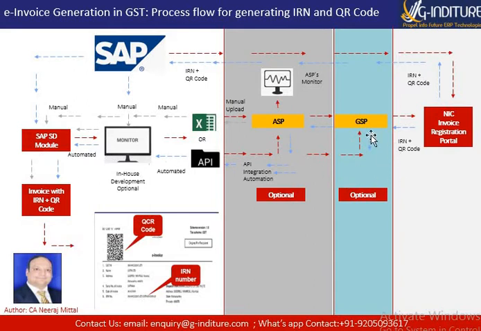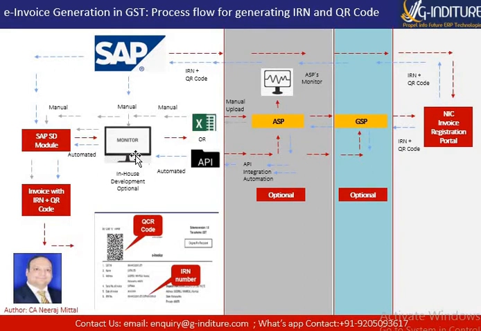Now, the second option is that if you have integrated through automation, then instead of an Excel sheet, the ASP would put an API integration which would directly transfer the data to your database. So this API again comes back to your monitor, or if it is an Excel sheet, then too you can upload this Excel sheet and see the status on the monitor.